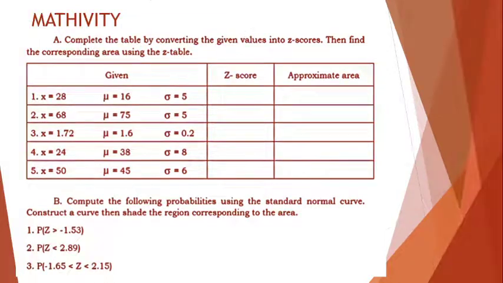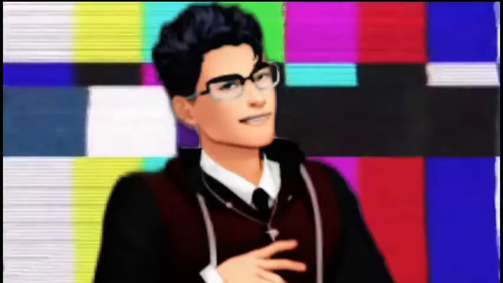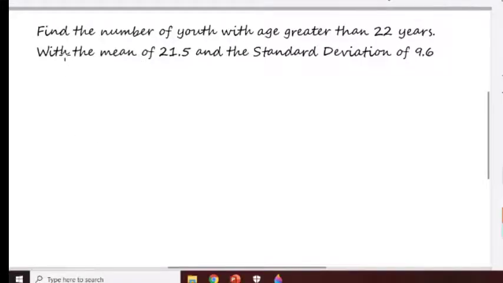So yun lang. So simple lang. So pero may dadagdag ako. So based on the problem, find the number of youth with age greater than 22 years. With the mean of 21.5 and the standard deviation of 9.6. So first, let us